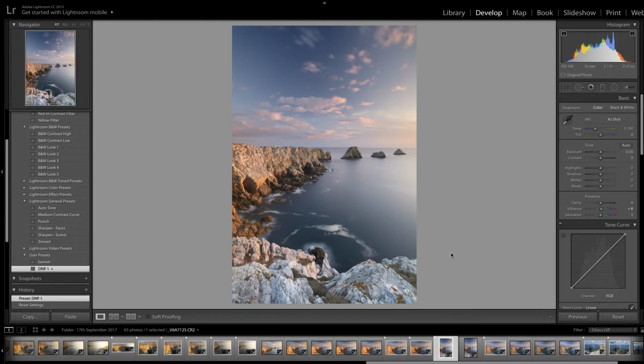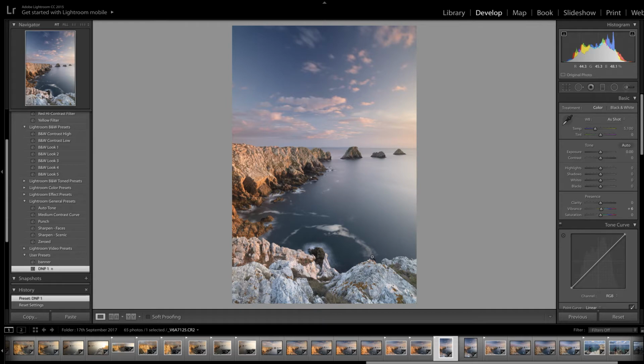I used a 0.6 ND grad to hold back the sky. I used a polarizer. It's just the last lovely twilight, very soft, subtle twilight coming through to sidelight the headland here, and I've got this nice sort of semicircular wave motion there, which is quite an interesting touch in the